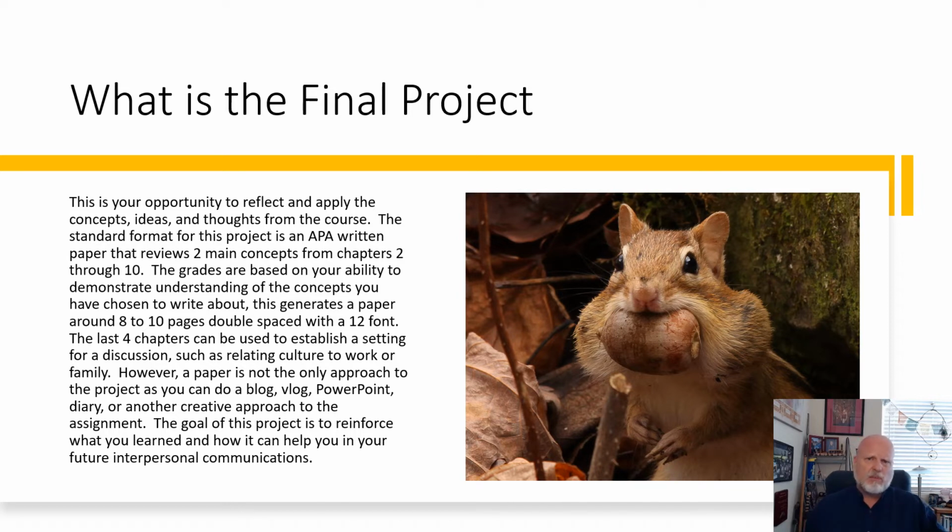There is a traditional approach to this. You can write a paper taking 2 to 3 objects from each section, each chapter, expanding upon it and applying it. Explain it to me so I am learning and you're reviewing. In this process, it's a very simple paper you come up with, APA formatted. We're normally talking about 8 to 10 pages, double space, 12 font. That is a very traditional way to look at it, but that may not be you.